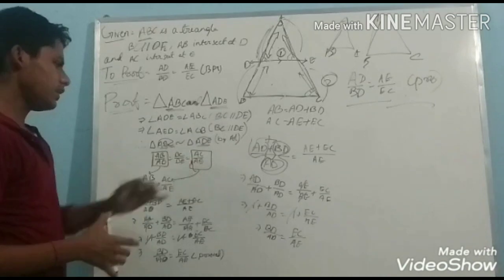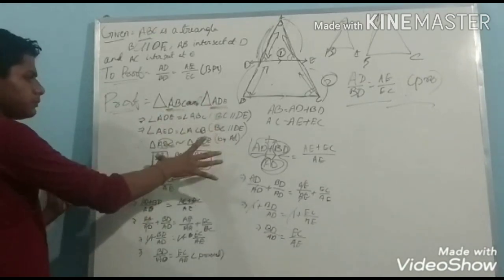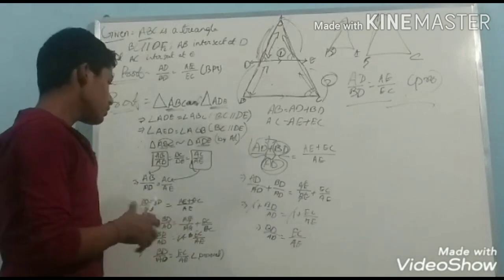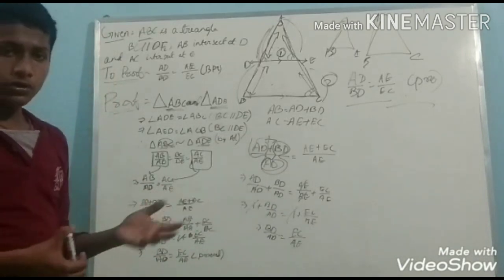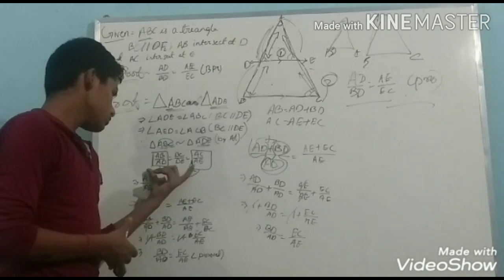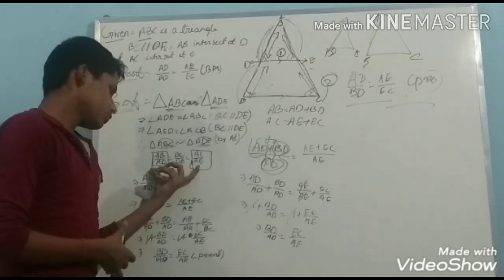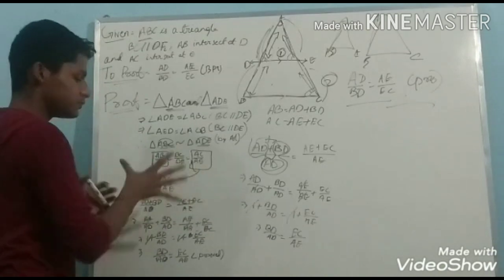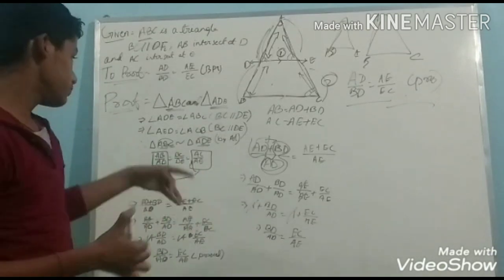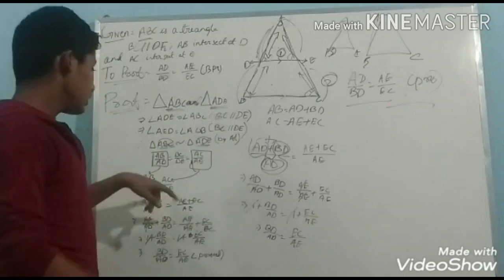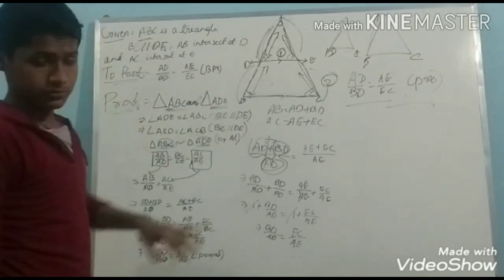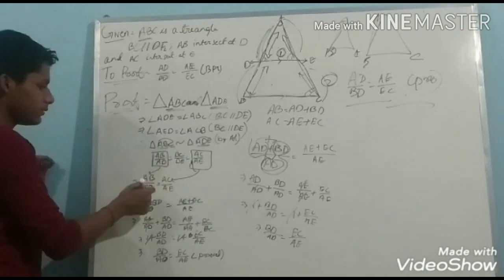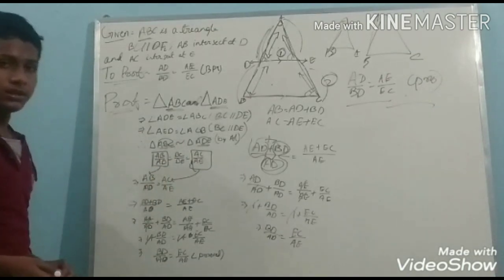Okay, AC by AE. Now is this much part clear to you? Because in the before video I have shown you the two triangles, and this much part will be clear because the next videos, meaning the before videos, are based on this much part. Okay, so now we will take these two pair: AB by AD is equal to AC by AE.